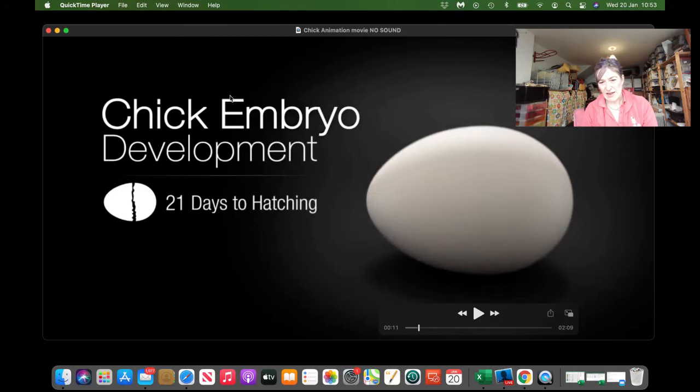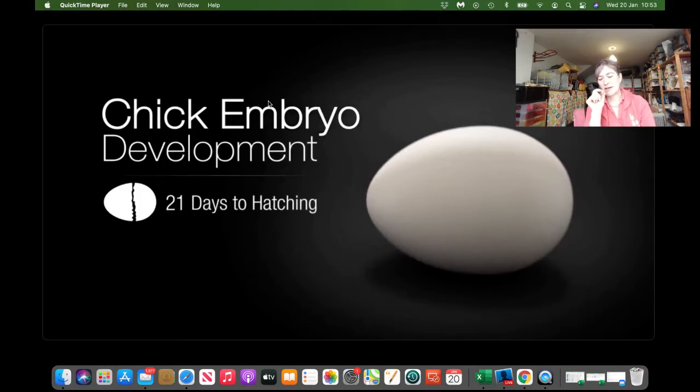And this word here, embryo, that's a word to describe the little developing chick inside the egg. Okay, so anything before it hatches is called an embryo. So you probably hear that word a little bit. So as that embryo develops, okay, it's going to get more features, and we're going to be looking at